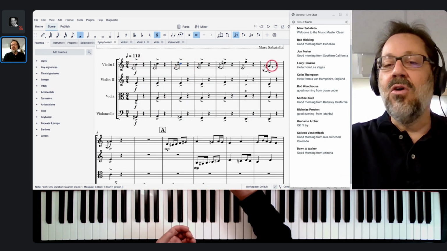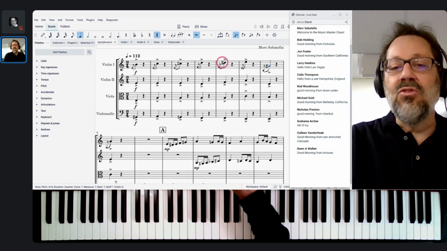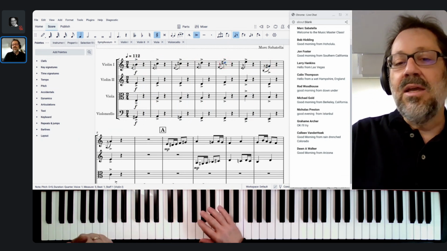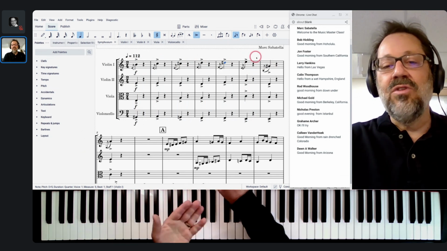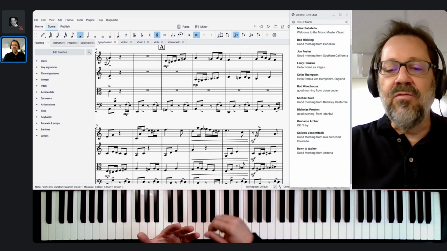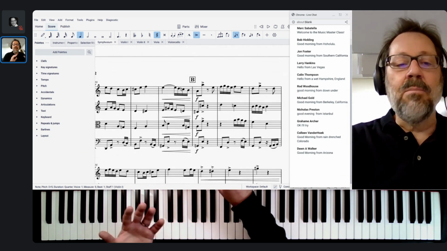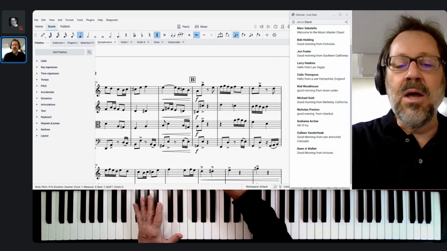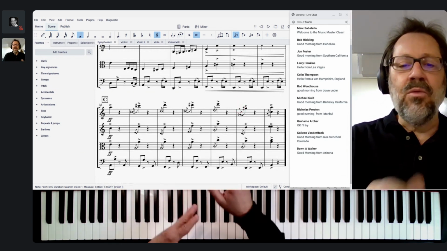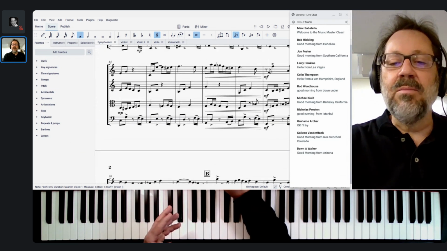That's why this note here is G sharp instead of A flat, because it's resolving up. That is why this note here is D sharp instead of E flat, because it is resolving up. In point of fact, almost all these notes are resolving up because of what's going on with them. So I don't really have places where I can talk about the alternatives, and even the places,